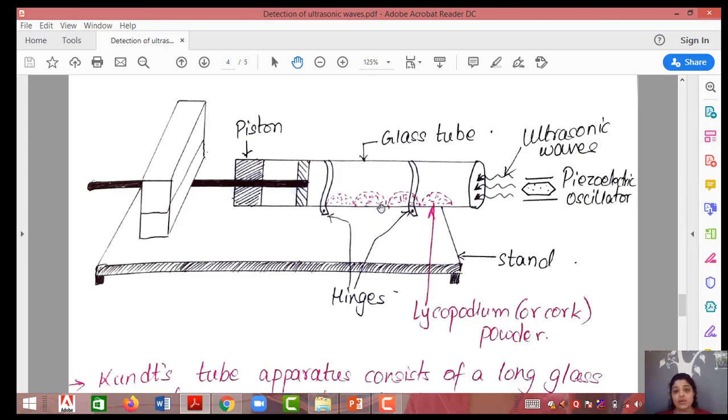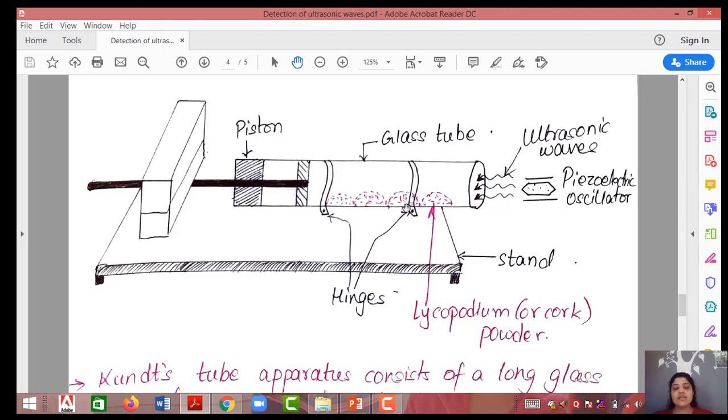If you closely look at these heaps, you can come to know that this portion of heap where the amplitude is maximum corresponds to the nodal point, because nodes are the points where the amplitude of wave is maximum, and then antinodal points resemble the amplitude of the wave to be zero. And you can also come to know that the distance between two nodes, or the distance between two antinodes, is equal to half of wavelength.